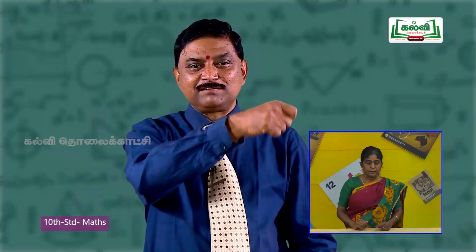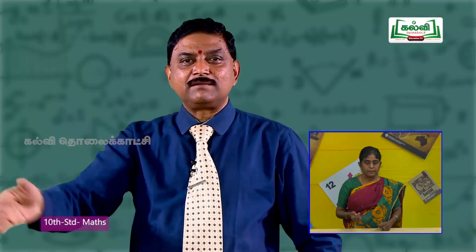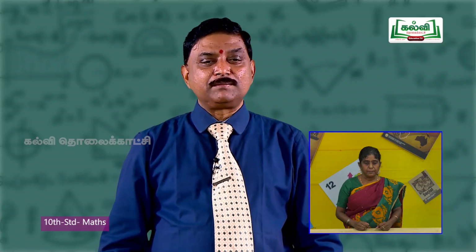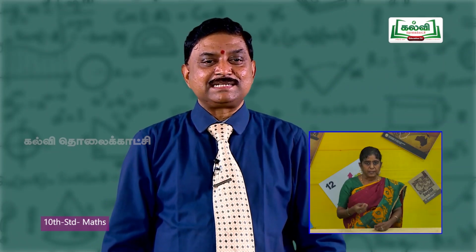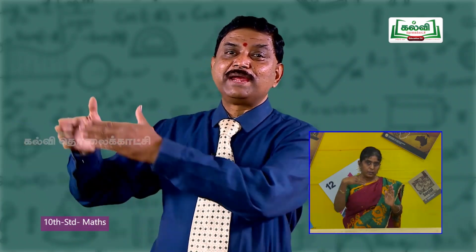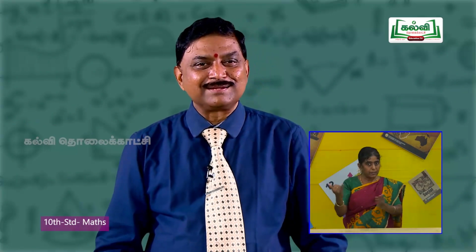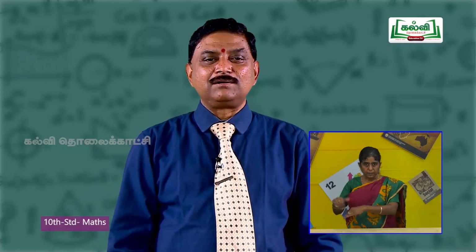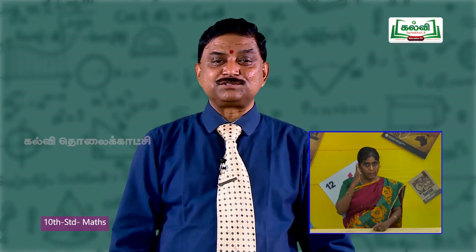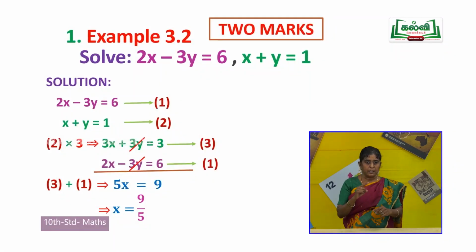So that 5 and 5 will be cancelled on the left side, and on the right side you will have 9 by 5. This is the mathematical concept. For the benefit of the students, for easy understanding, it was said that the 5 is taken to the right side, into the denominator. That is actually a wrong thing. But anyhow, you learned it like this, so I have to say the same idea to you. So x is equal to 9 by 5.